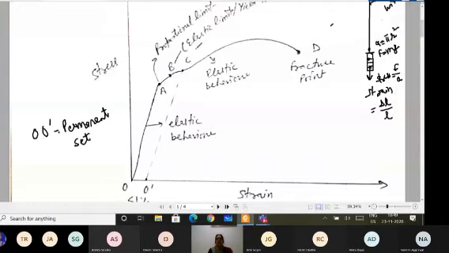Now what is happening, even after C point, still if I increase the stress, you may see that the wire may have the kinks. It means its length will start increasing by itself until it reaches this point, D point, that is termed as the fracture point. So here you can see we can have the kinks, or we can see that the wire starts stretching by itself, and this is showing the plastic behavior of the wire.